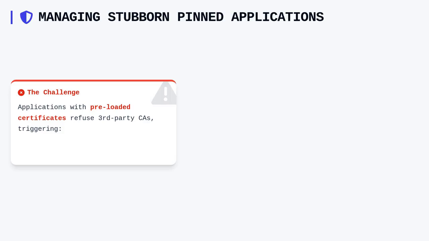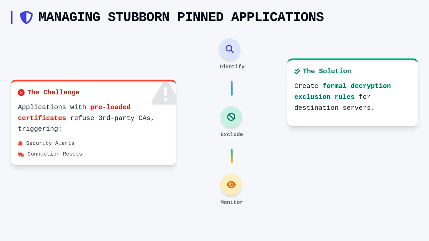Handling stubborn pinned applications represents the most difficult aspect of decryption management. Since these applications ship with preloaded certificates and refuse to trust third-party CAs, they will always trigger a security alert or connection reset when processed through a forward proxy. The only viable path forward for these applications is to explicitly identify the destination servers and include them in a